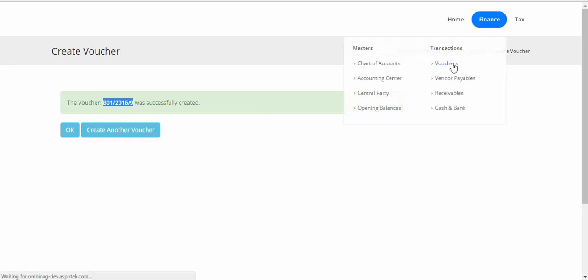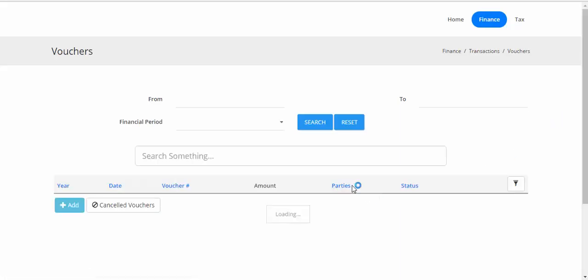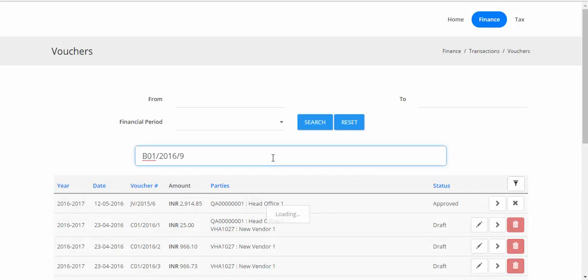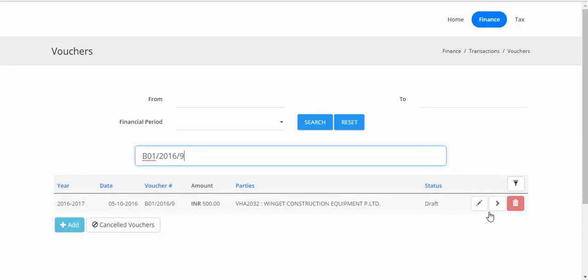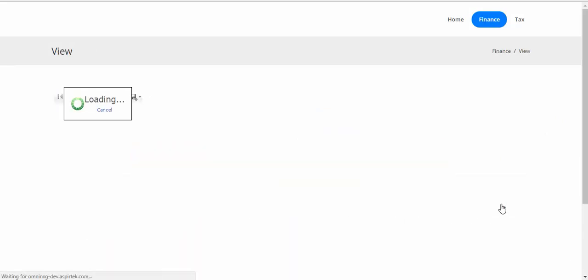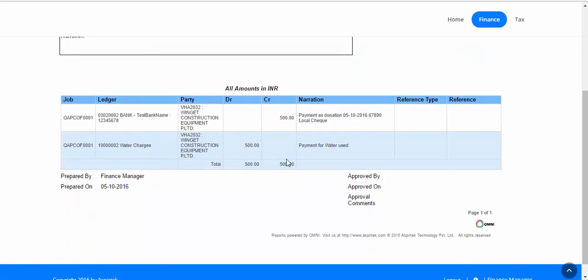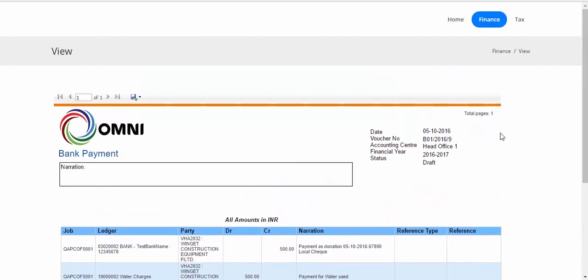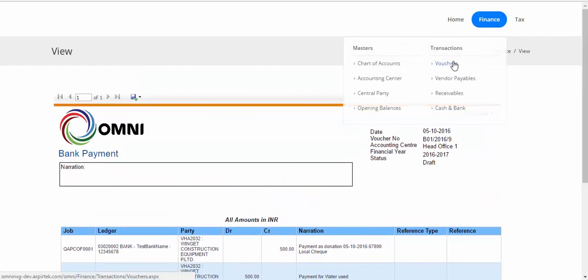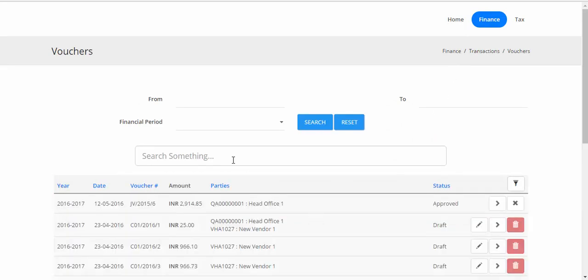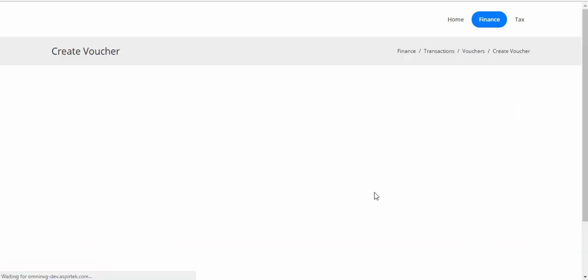Go to Finance Vouchers and do a search for the voucher, and this is the voucher that was created. We can preview it. This is the voucher that was created. Let's create a journal voucher now. Let's go to Finance Vouchers. Scroll down, click on Add,